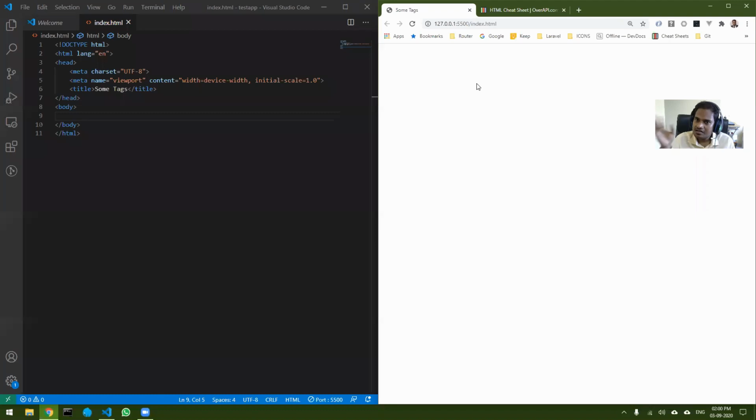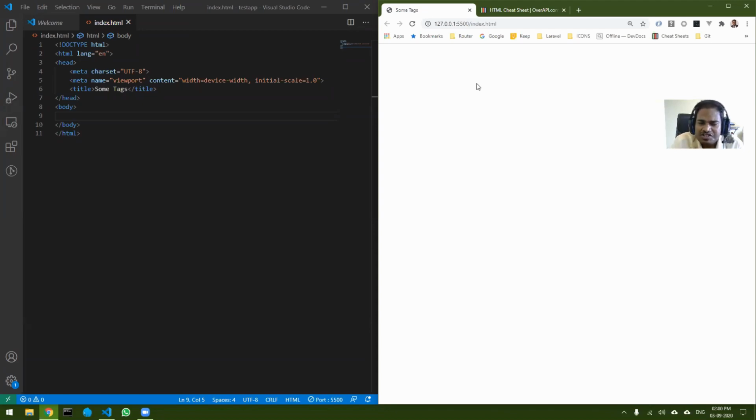There are pillars and walls, but CSS is everything else: the furniture, the paint, the lighting, the doors. Everything is done by CSS. Once you start learning CSS, that is when your building looks like a building, or your house looks like a house.